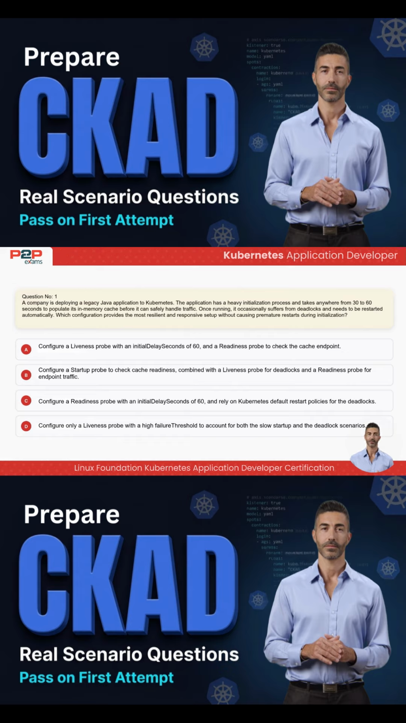Option C. Configure a readiness probe with an initial delay seconds of 60 and rely on Kubernetes default restart policies for the deadlocks. Option D. Configure only a liveness probe with a high failure threshold to account for both the slow startup and the deadlock